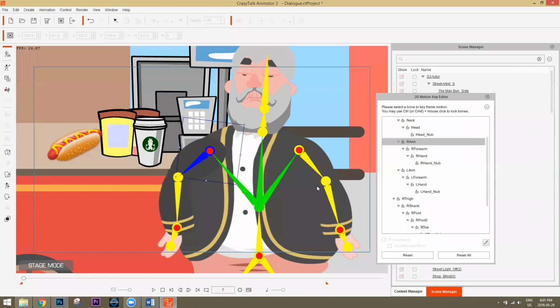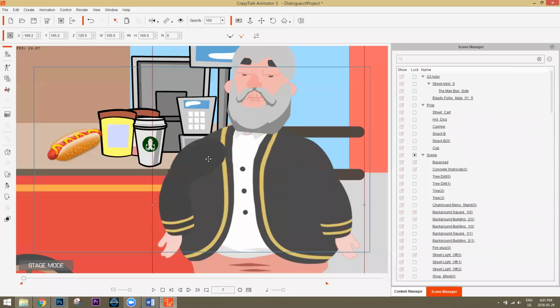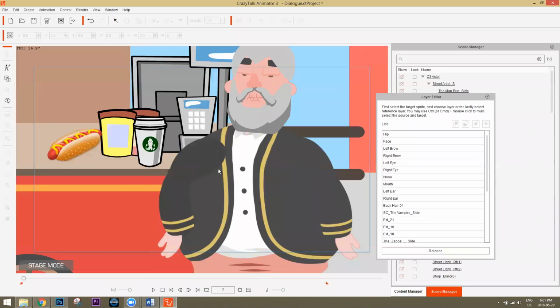This is a really bad example of that. Generally with other characters, you won't have this kind of issue, because the arms are different colors. In this particular character, you're going to have that sort of result, unfortunately. One way you can try to fix it is with the layer editor. I'm not sure if this will fix it or not, but we select his arm and go to send to the bottom. You can move it to the bottom that way using the layer editor, and that'll fix it.